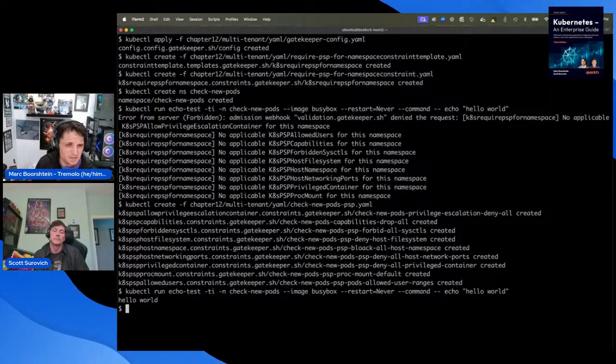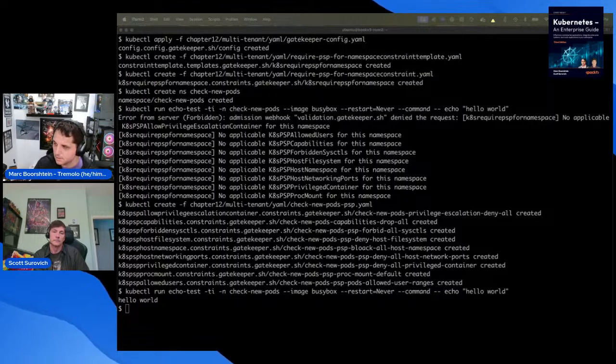So that's an area where I think pod security standards probably really falls down, and where something like Kyverno, OPA, Gatekeeper, etc., really comes in handy.